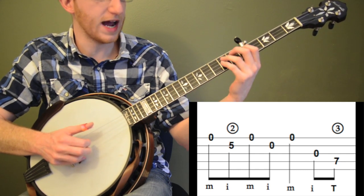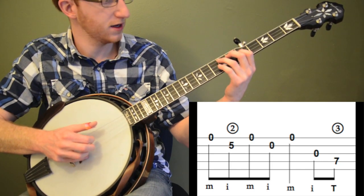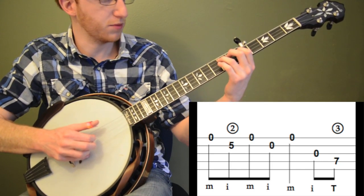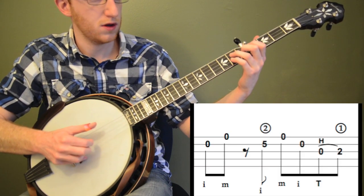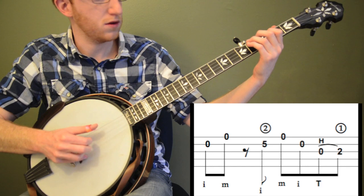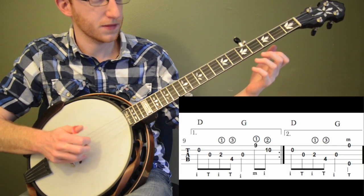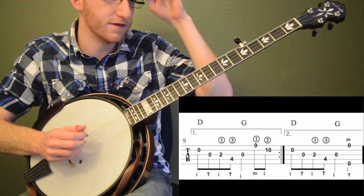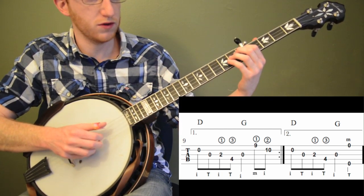We're going to stay down low, and I'll show you how to do it up high eventually, but we're going to stay down low for our ending lick. And so I'll play the ending lick and then I'll break it down. Okay, so this is measure 7 and measure 8. So after we do that,